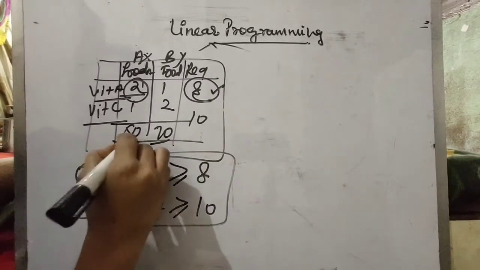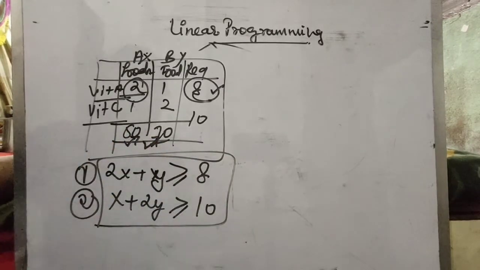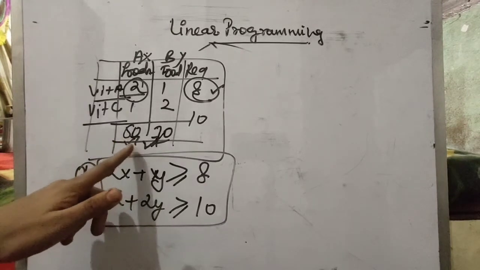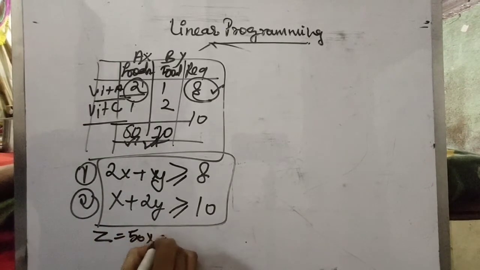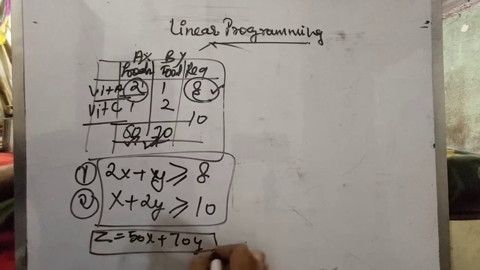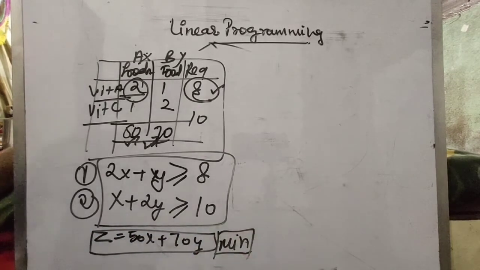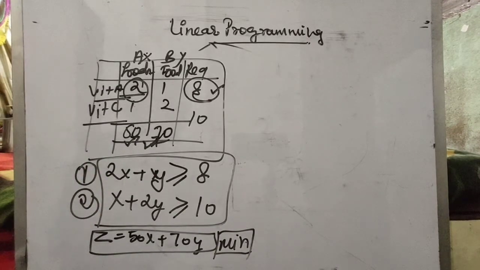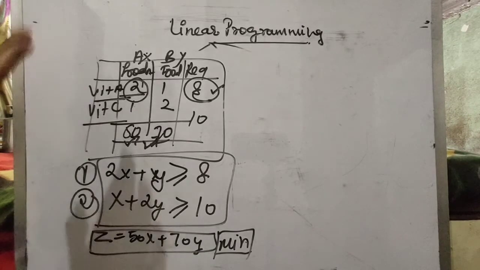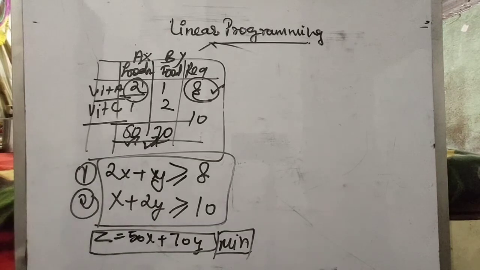Now you are also given your total quantities. Okay, you are given the price and the question says you need to minimize the cost. So this is our z equation. Our z equation becomes 50x plus 70y, and you need to minimize this. Whatever solution points you get, like we have solved before, you will plot them in x and y respectively, and the minimum value you receive will be the point where you get the minimum cost.